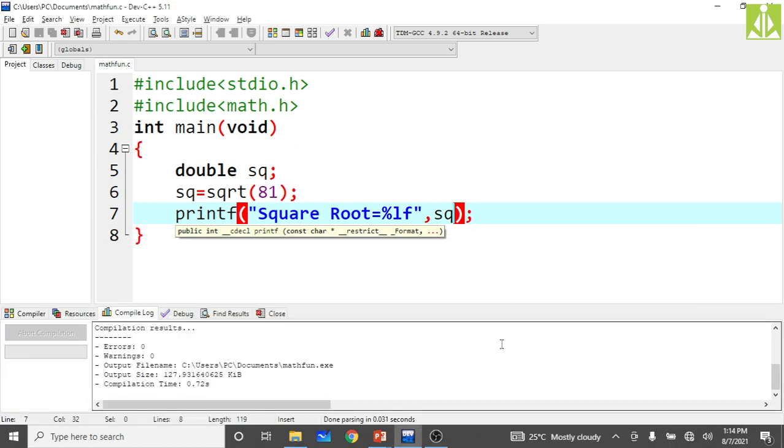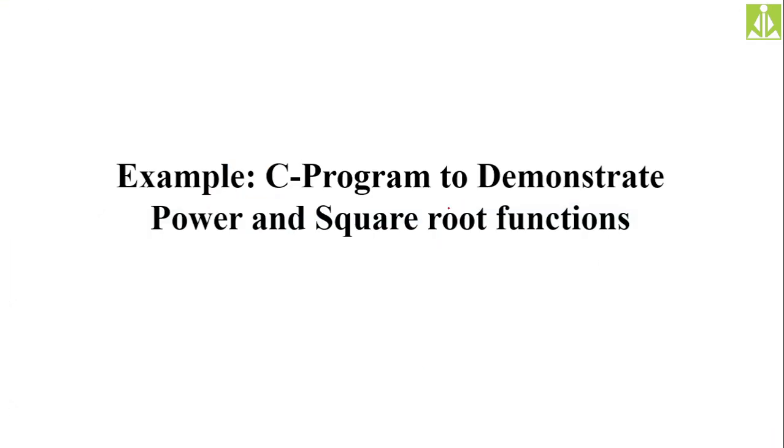So with this discussion we are concluding all the mathematical library functions. We discussed absolute functions, and we have 2 different categories: for integers, a separate category, and for floating point, a separate category. Then we discussed ceiling functions. Calculating the ceiling value is possible only for floating point numbers, so we have a different set of functions for them. Next we discussed the floor value. Same thing, floor values we can calculate only for floating point numbers, and we have a set of functions to do so.